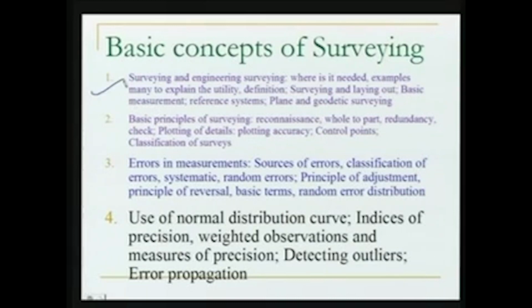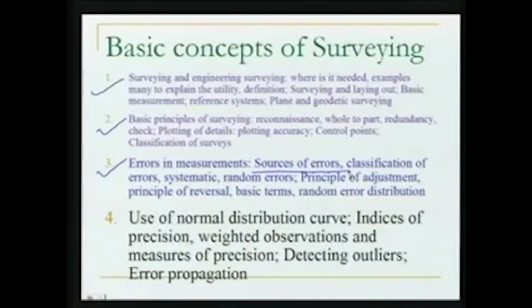What we have done so far, we have discussed lectures number 1, 2 and 3, and in lecture 3 we talked about various things, particularly about the errors in measurement, because surveying, as we said, is about measurement, and whenever we are taking a measurement, some error comes into the observation. So we need to understand those errors. What are their sources? This is what we discussed. We saw the sources could be natural, human induced or personal ones. Also, the instrument which you are using may result in some kind of error. We saw some examples of that also.